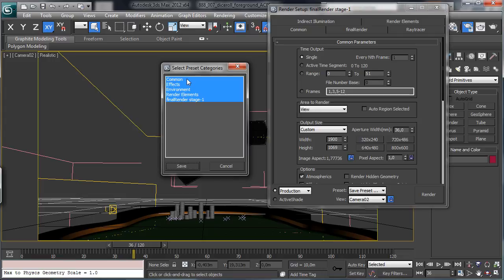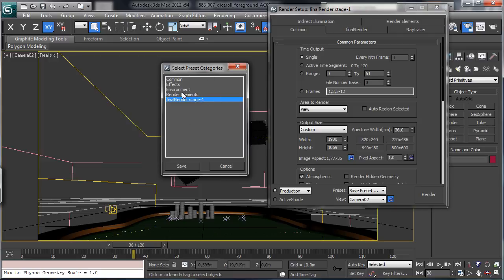And as you see, we can just select, for example, one, or we can decide to save just the common and the effects environment using the control key, or maybe just the common and the final render stage 1. So it's really simple and useful.